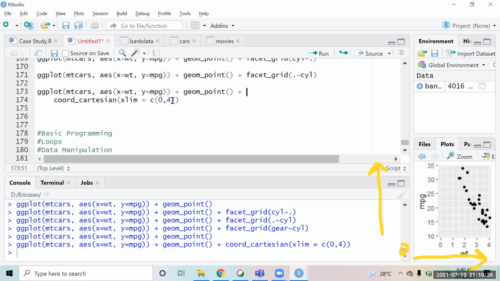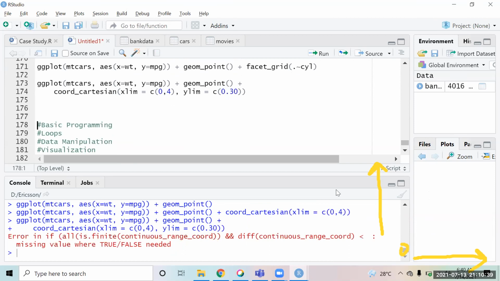Right? Similarly, if you put a comma in this and you say ylim, you can apply the same thing on that also. So for ylim you want to say, suppose, from 0 to 30. So you say 0 to 30. That is the coordinate limits that you have.